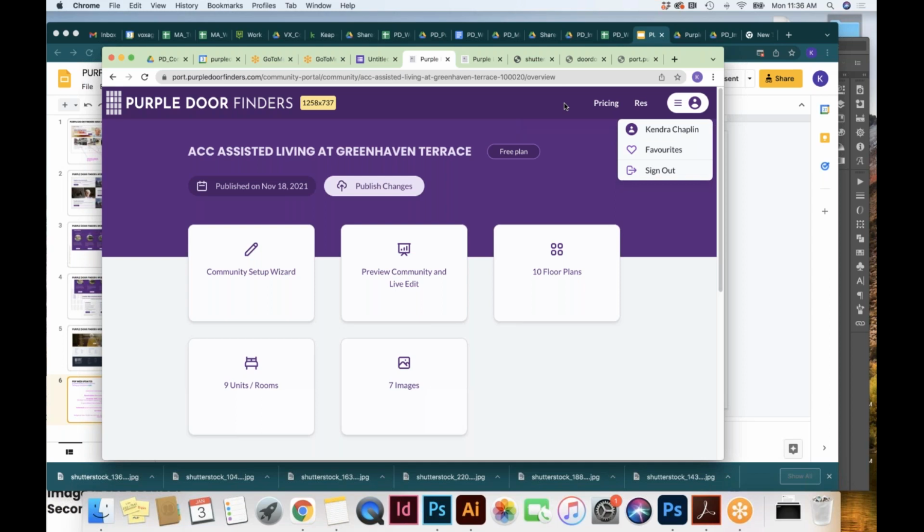What do you think? Does manage my account make sense, right? Yeah, my account, yeah. And I think also my communities, because maybe you're in a different place, so you have a way to get there.